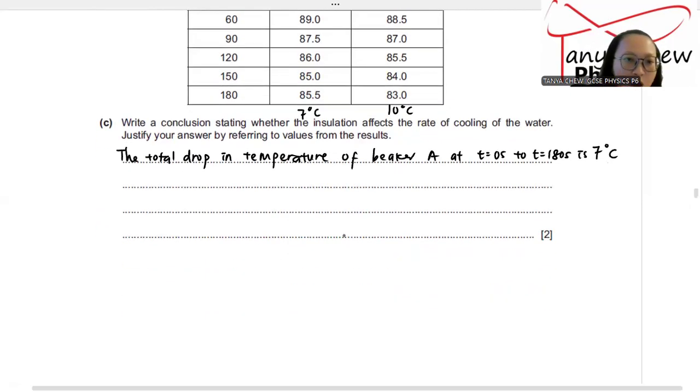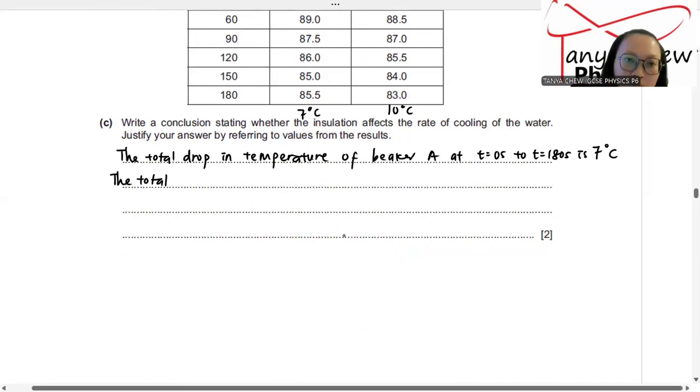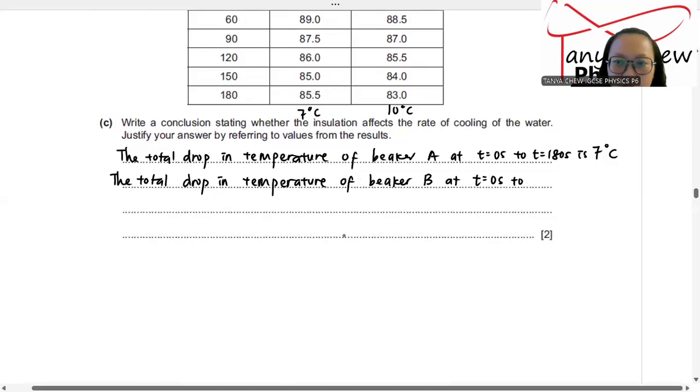And then the total drop in temperature of beaker B at t equal to 0 second to t equal to 180 second is 10 degrees Celsius. Since the experiment is short, about 3 minutes, 180 seconds is 3 minutes,